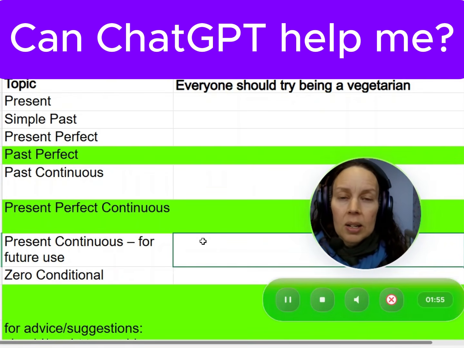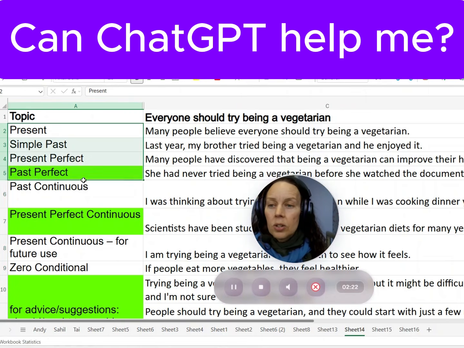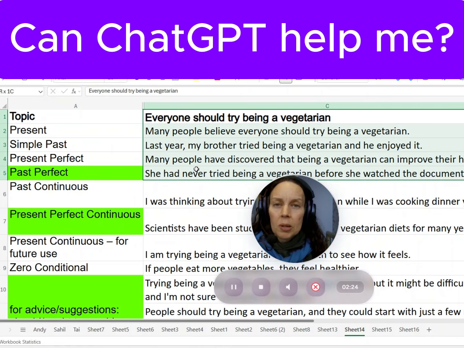You can take the time to look it up, to practice it, or now's the time when you can involve ChatGPT. Once you know how many sentences you can write, ask ChatGPT or your chat program to do this for you. So you give them the tense and they make you some sample sentences.